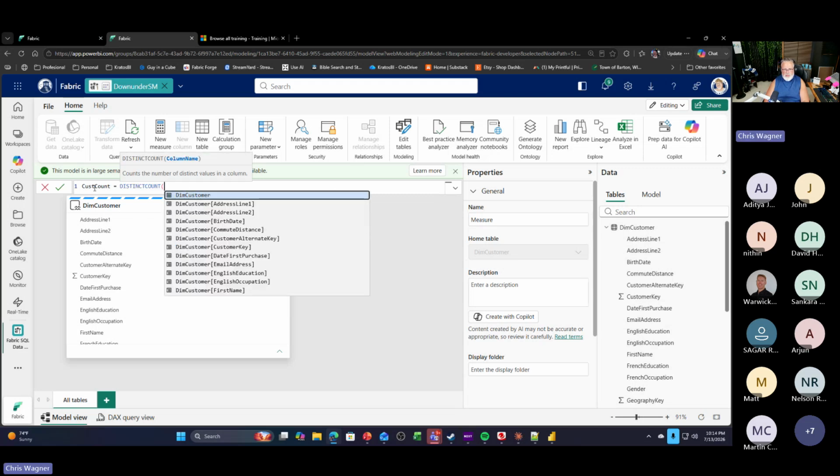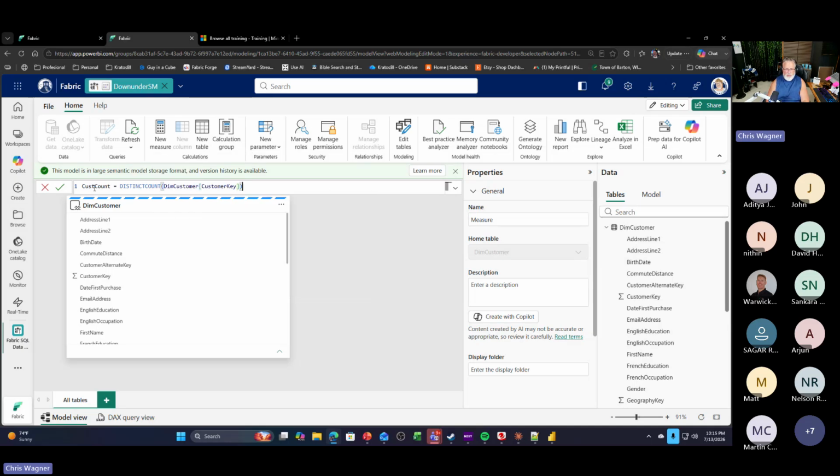Distinct count. Dim customer key. Boom. And I've got my customer count. Now, it doesn't really make sense to do it on a dimension table. I mean, you can do it on a dimension table. I wouldn't necessarily recommend it, but I've got a fully functioning semantic model that I can do everything I would